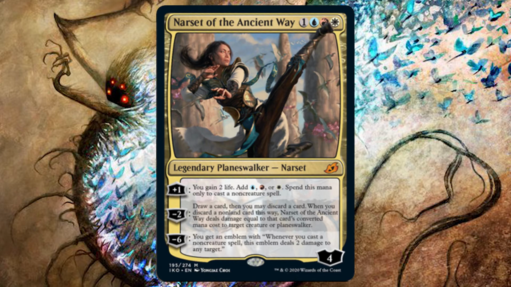I feel like that's kind of where this could go, because then you have non-creature spells to trigger all your non-creature stuff. Then you have creatures to mutate onto, because a lot of the adventure creatures aren't human. And then you have creatures out to protect your Narset. Okay, so when I'm brewing around this, I think it's kind of the direction I'm gonna go. But I don't really see this being a huge player. The fact that you can get to that emblem so quick though,